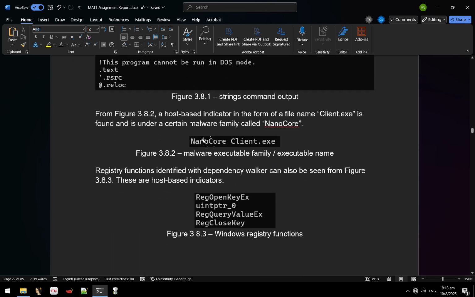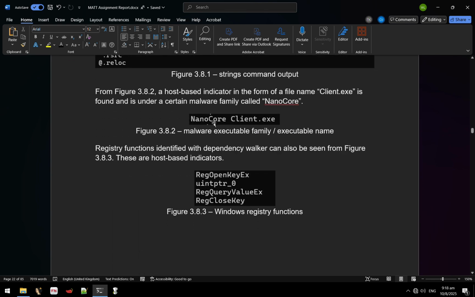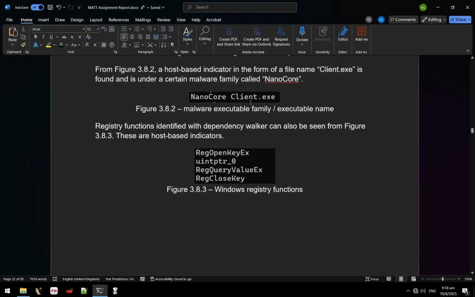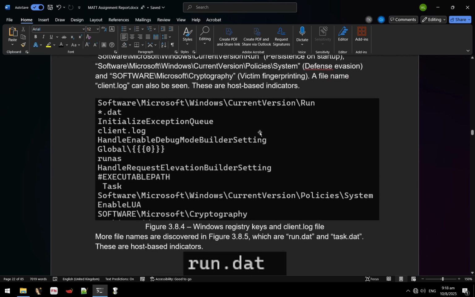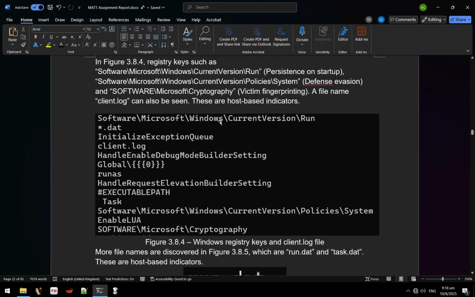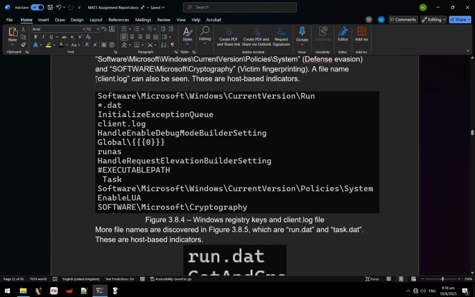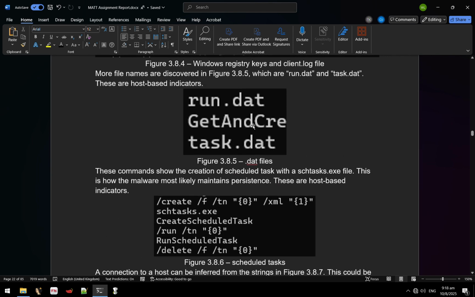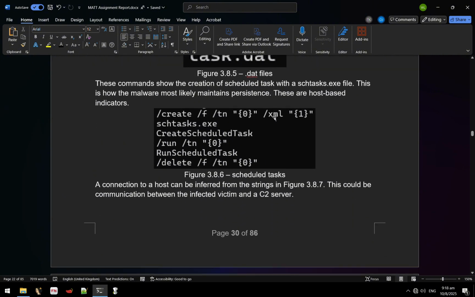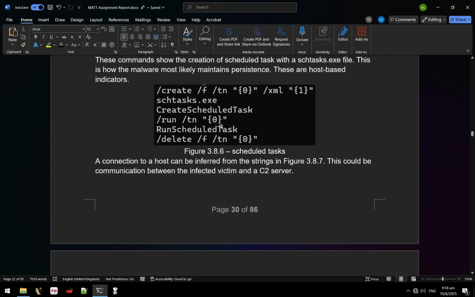So in the document, there's NanoCore, which is a certain malware family identified, and a host-based client.exe, some registry functions as seen from Dependency Walker before, 3 registry keys, 1 for persistence on startup, 1 for defense evasion, and 1 for victim fingerprinting, and also a client.log file, and these are all host-based indicators. There's also 2 more files identified, which are host-based indicators, and also scheduled tasks being created, which most likely maintains